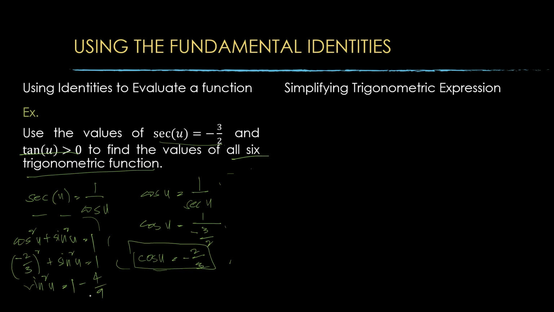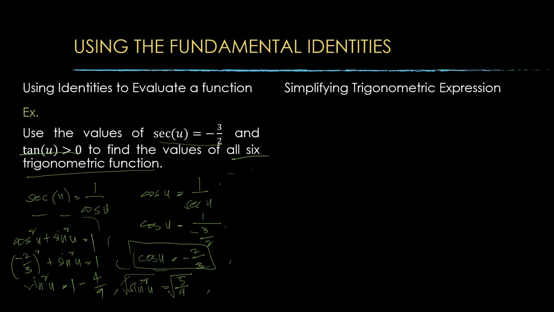That's basically the same. Okay, I'll just write it here. Our sine squared of u is equal to 1 minus 4 over 9. So how do you subtract fractions from your algebra? This will become 9 minus 4, so 5 over 9. Okay, taking the square root of both sides,